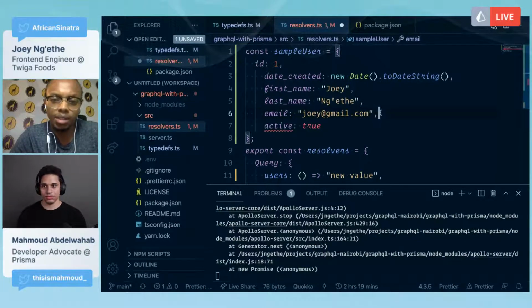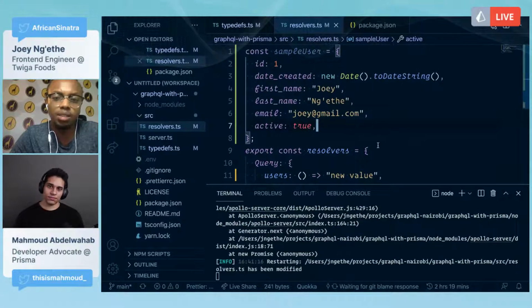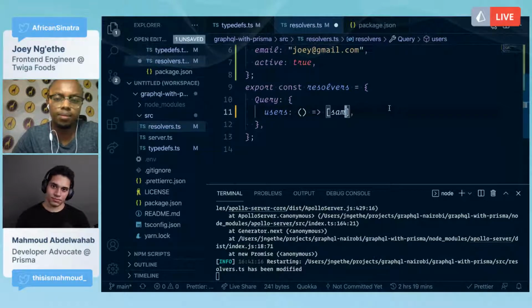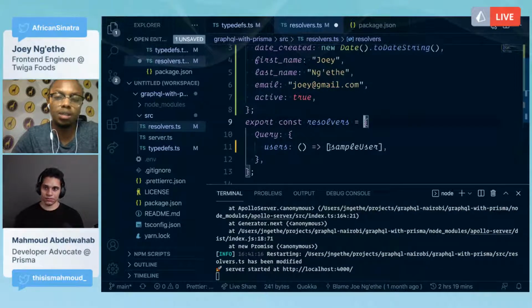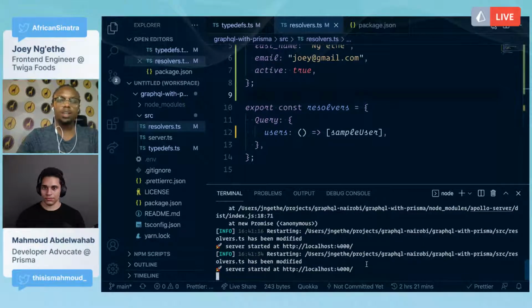Yeah, right. So here instead of returning dates, what I can do is just return sample user. So this is an array that only has one user for now. Make sense? And then our server is happy.